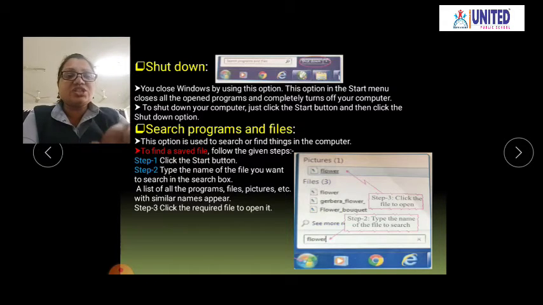Now the next option is search programs and files. Sometimes it may happen that you forget where you saved your file in the computer. To find that file, you have to use the search programs and files option. First click on the start button, then you can see an empty box. You have to type your file name or folder name, then you can see the